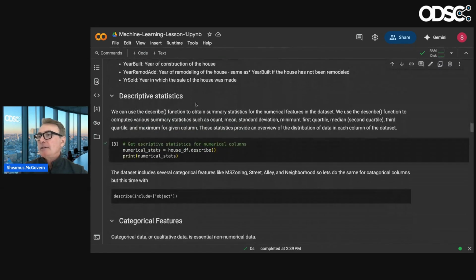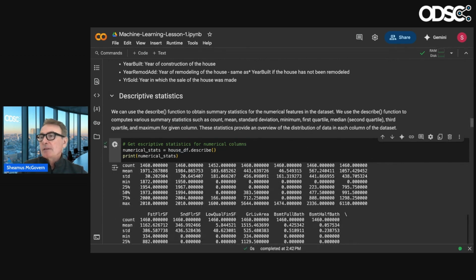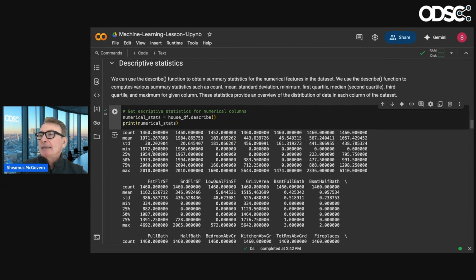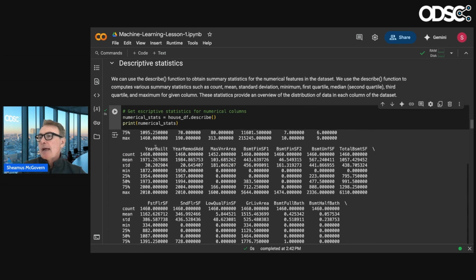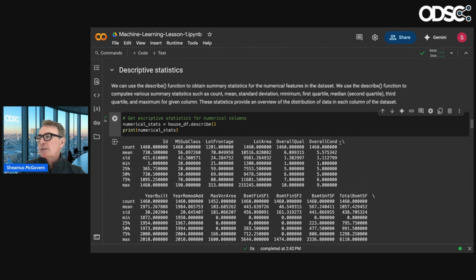And then we get into some descriptive statistics. And again, one of my favorite things to do, and this is why I love pandas and code, is that I can do something like this, and it will take the numerical features. We haven't done feature selection yet, but it'll take the numerical features. And this backslash means it's skipped some of them. Here we're looking at the lot frontage, lot area, and it's telling you the mean, the standard deviation, the min, the max, and the various quartiles, right?